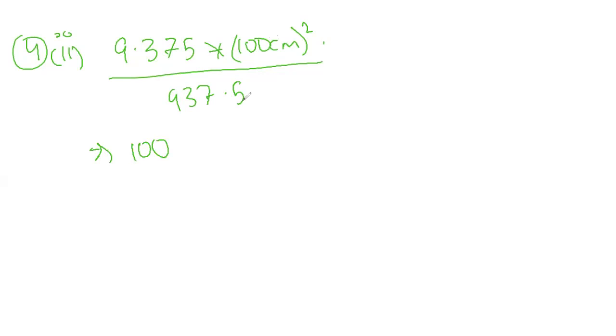There's no specific unit. If you write 100 like that, it can be anything. It can be 100 dogs, 100 cats, 100 cars, 100 TVs. But in this question it says find the bricks. How many bricks can be painted out of this container? So 100 bricks of dimensions 22.5 by 10 by 7.5 can be painted out of this container, which is sufficient to paint an area equal to 9.375 meters square. Okay, so we have completed the final part of the question.